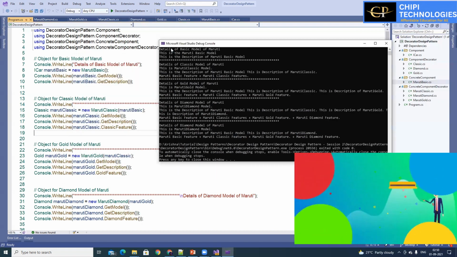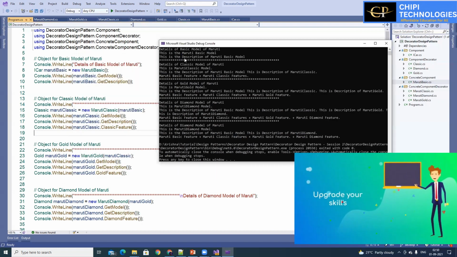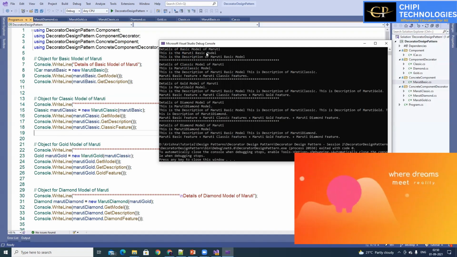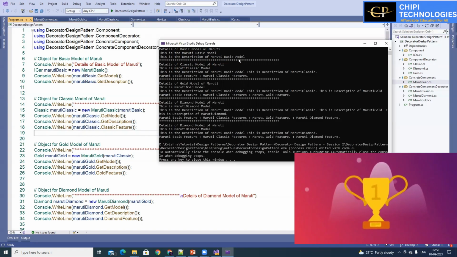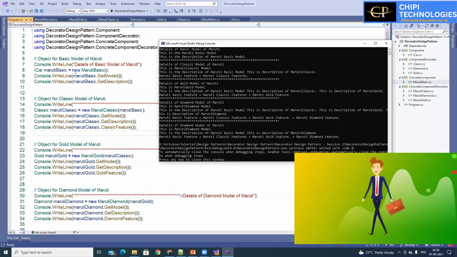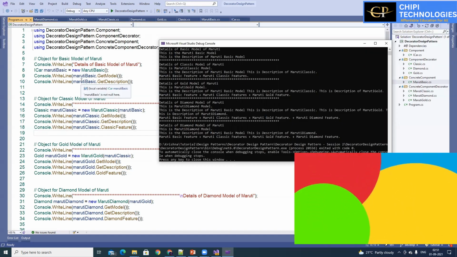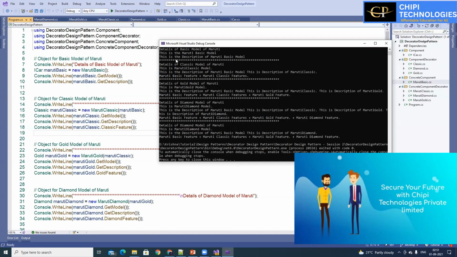Now see. The first thing, we have already discussed last time. It says details of basic model of Maruti, no change to that. This is Maruti basic model. This is my get model, right? And then this is get description. This is the description of Maruti basic model. So no change into that. Whatever implementation I had done earlier for the Maruti basic, there is no change. And I don't have to even think about that because I have not made any changes to Maruti basic class